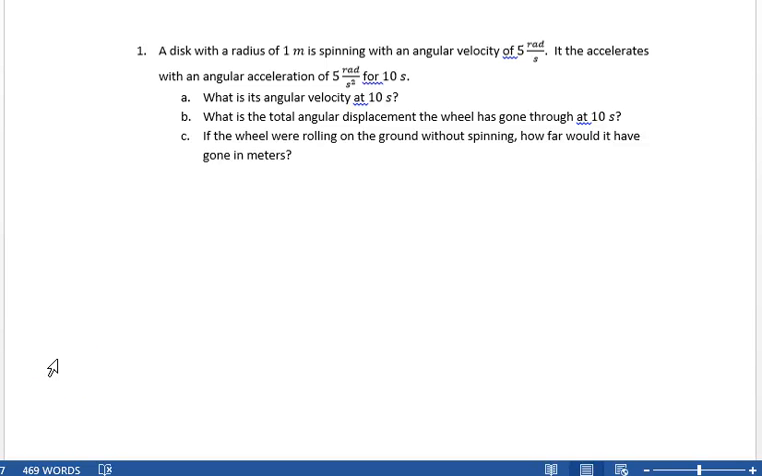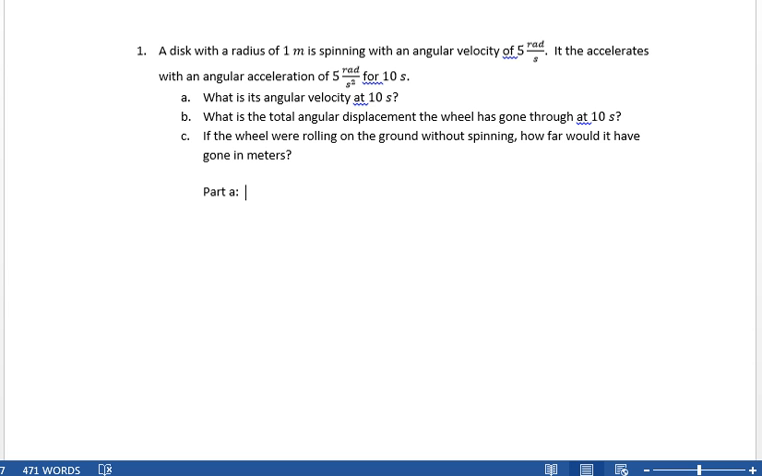All right, exam 2, problem 1. A disk with a radius of 1 meter is spinning with an angular velocity of 5 radians per second. It then accelerates with an angular acceleration of 5 radians per second squared for 10 seconds. All right, part A: what is its angular velocity at